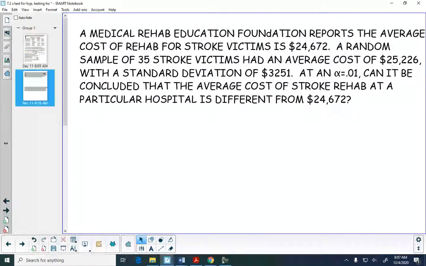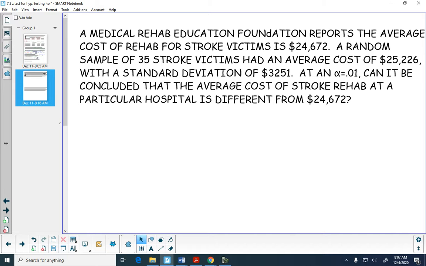Let's take a look at a problem. Flip the side. Medical rehab. Education Foundation reports the average cost of rehab for a stroke victim is $24,672. A random sample of 35 stroke victims had an average cost of $25,226 with a standard deviation of 3251. Alpha value 0.01, can it be concluded that the average cost of a stroke rehab patient at a particular hospital is